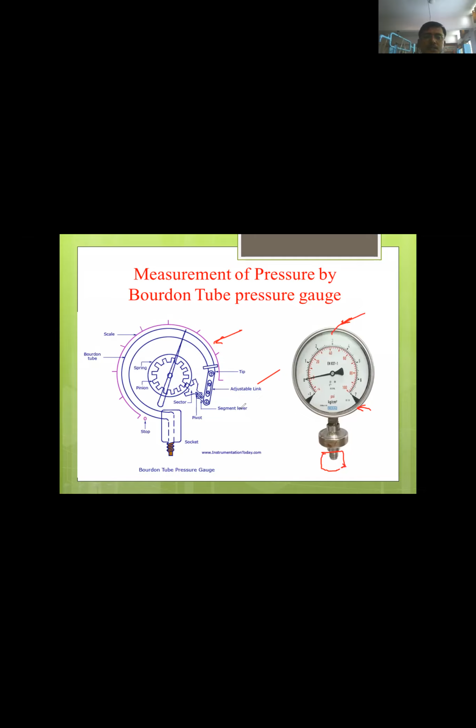Okay. So here, if you see on this particular pressure gauge, there is a dial. Okay, and graduations have been put on this dial. From the outside there is one scale, and from the inside there is a different scale. Okay, there are two scales and two different units. One is PSI, and outside there is another unit, that is kg per centimeter square.